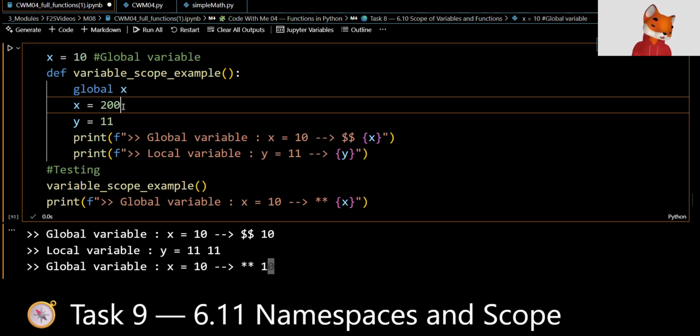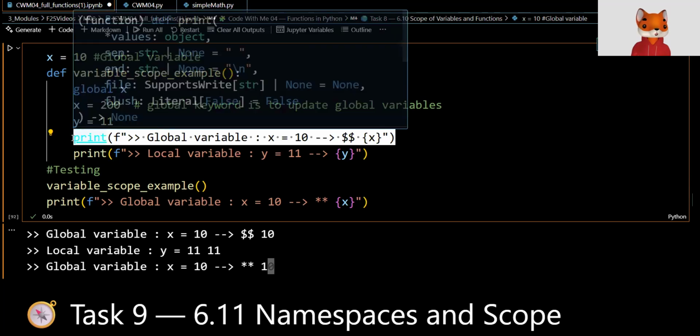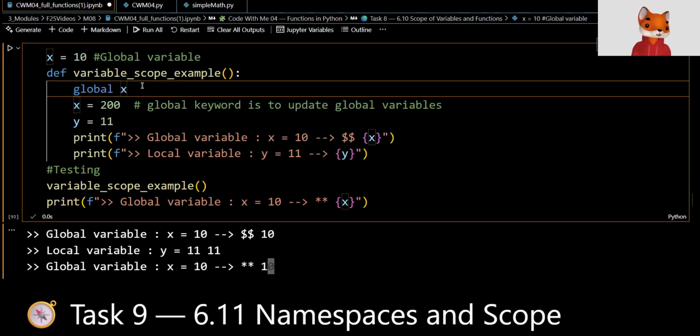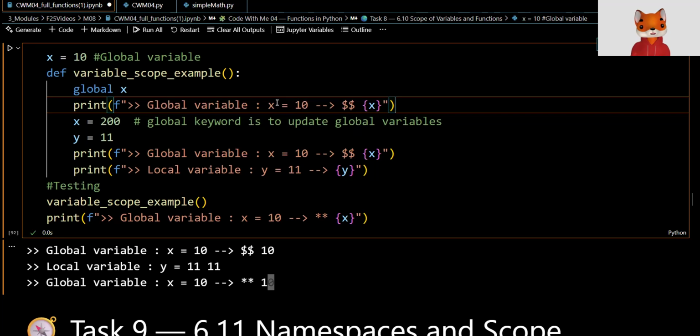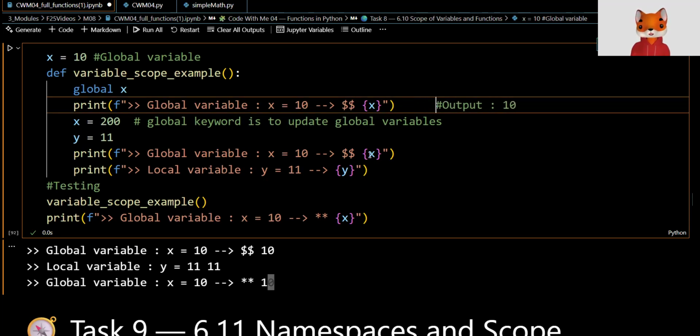So we're going to assign 200 to x inside of this function. We're going to use the global keyword to update global variables. What we'll see, and I'm going to use this print statement, is I'm going to print out x before I update it. And I'm going to say the output should be 10 here. And then when it's printed out,